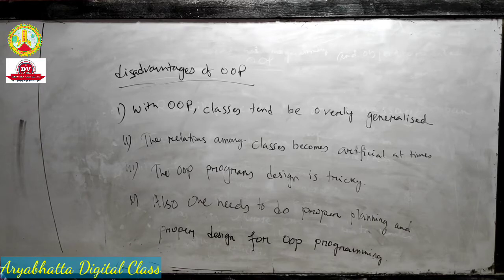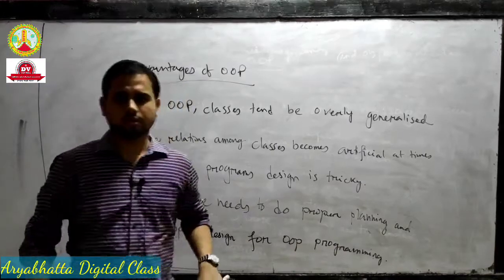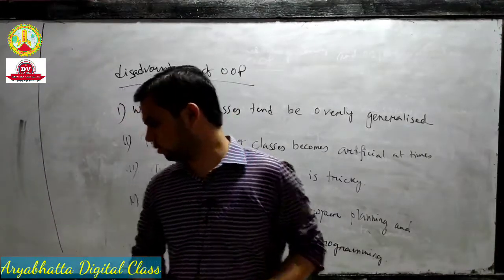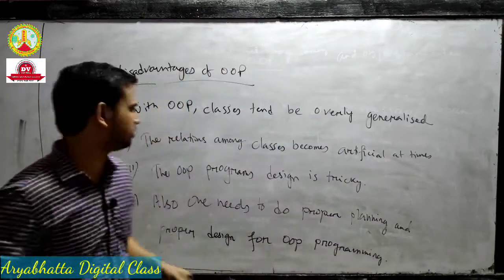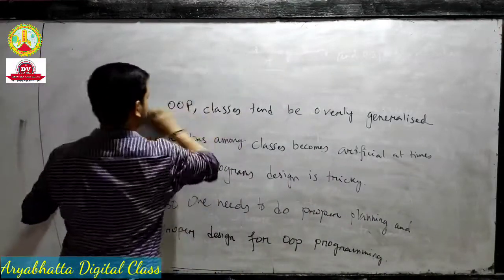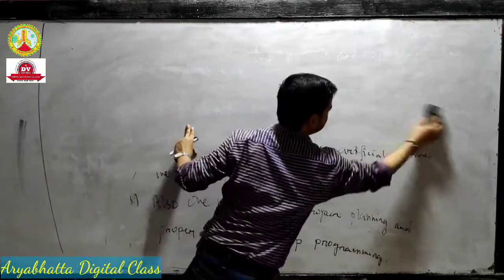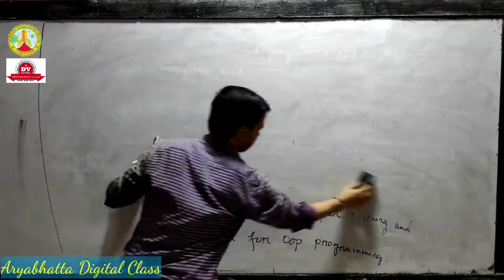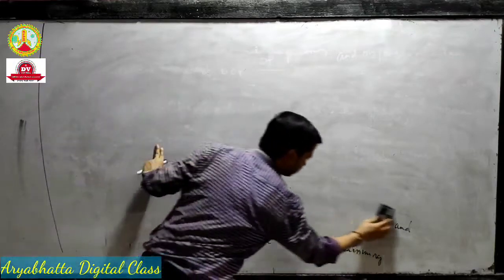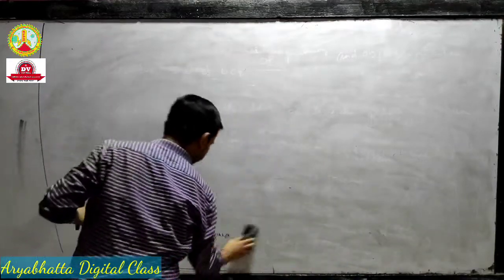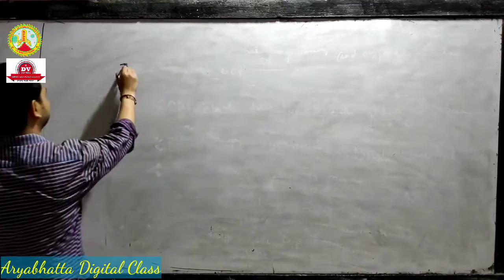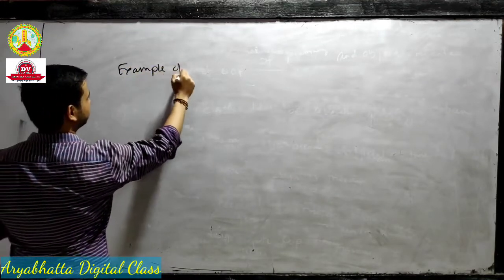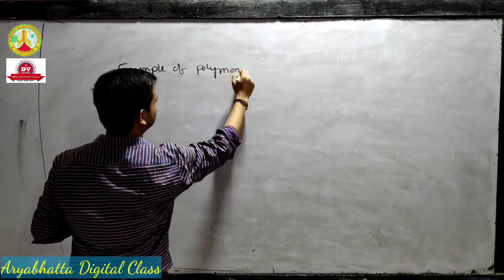Next, write down an example of polymorphism. Polymorphism we have already done. You just note down one example of polymorphism, since it sometimes comes in the exam. This chapter is almost completed. The advantages and disadvantages is the last topic of this chapter. Just write down one example of polymorphism and how it operates.